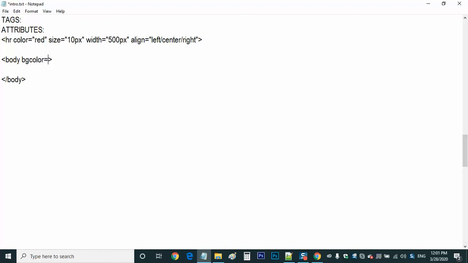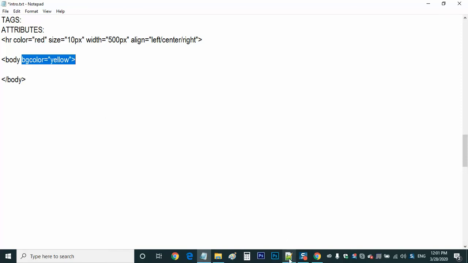BG stands for background, and color is spelled COLOR, not COLOUR. So remember that. What color you want to give it? You decide it. I am giving it yellow color. So BG color is the attribute, yellow is the value.